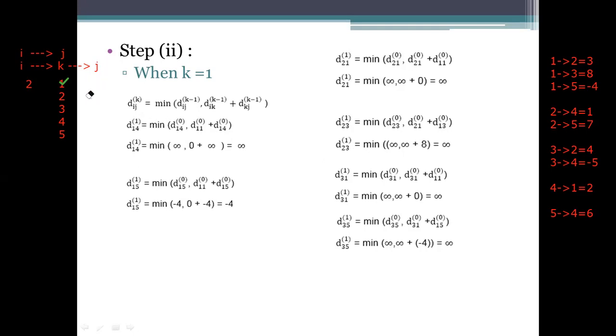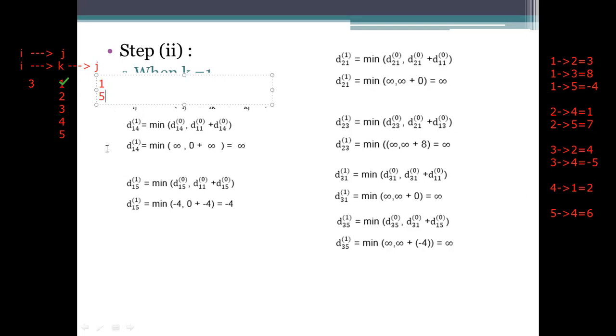So coming to the next one, now the value of I here is 3. And what are the values we need to calculate for J? What could be the J here? It is not having the edge to 1. There is an edge to 2. 3 we won't consider. 4 is there, and we need to calculate for 5. So how many values are there? J is having 2 values.